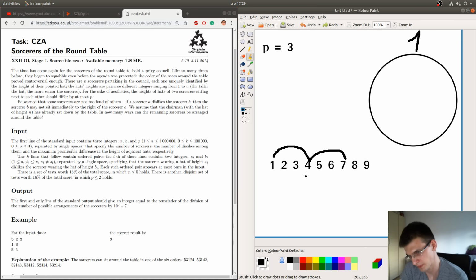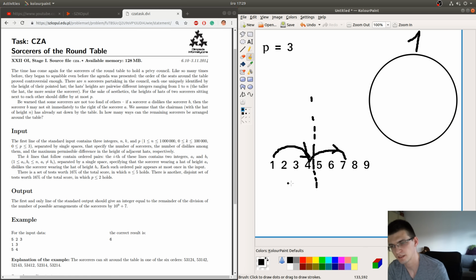But the solution is, for when we go to 7 here, for things to the left from this line, to decide all the edges already. So here we know that there's an edge from 1 to 4. There's an edge from 4 to 7. And later, of course, we would have to visit 2 and 3 to somehow get back to 2 and 3 and to move back from them to the right. Assuming that we want to go from 1 to 9, just to simplify things a little bit.